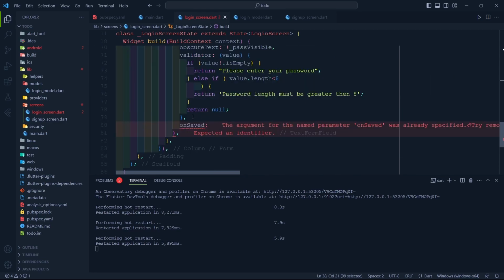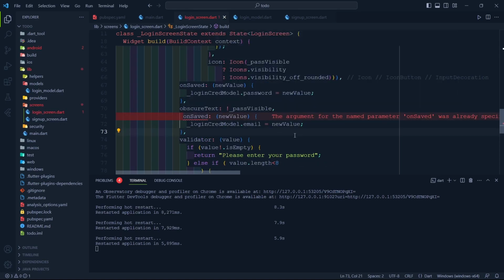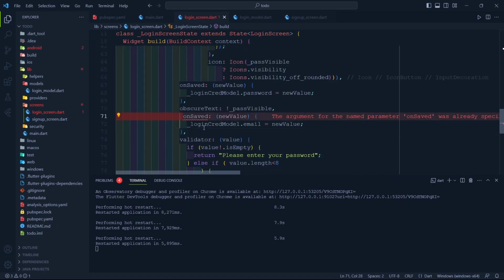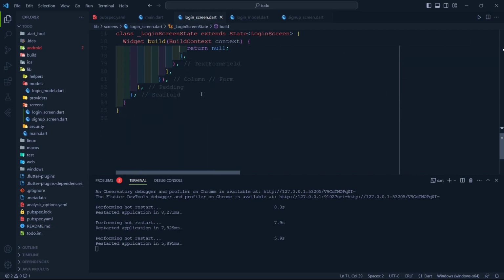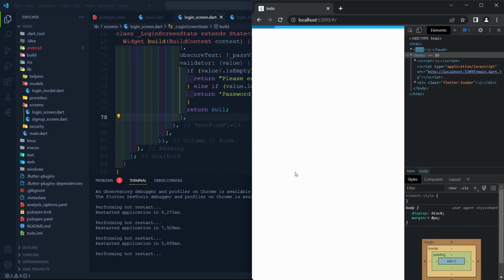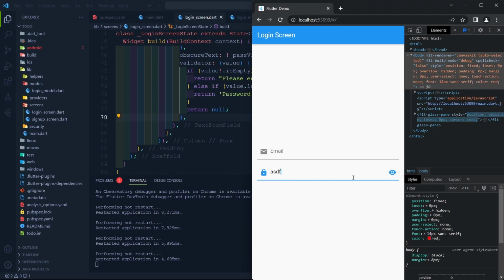Control C. Let me just do it real quick. On saved argument was already specified. Okay, I've already specified the on saved. Good, it's already there. So from now on, let's just rebuild it, nothing will really change. Whatever is happening, when the user wants to enter a password and the password is entered,